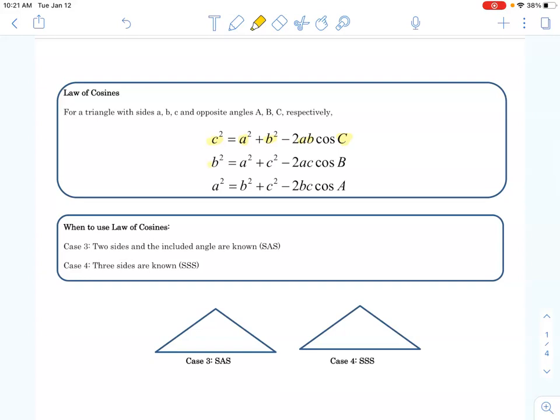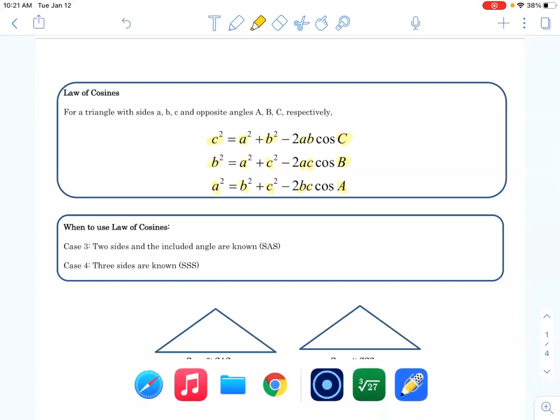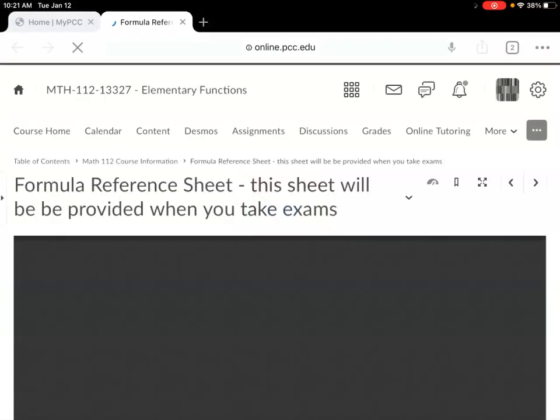So see how this side length matches this angle, and then it's just the other two pieces. This matches this angle, and then the other two pieces. Order doesn't matter because you're adding and multiplying, so you don't have to get caught up in that. The reason I mention that is because on your reference sheet,